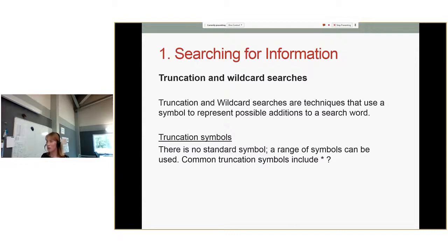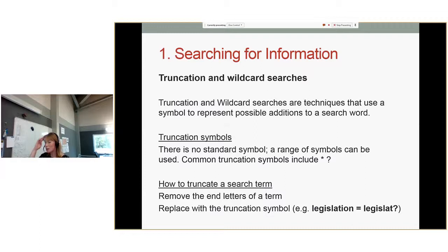Sometimes when you go to a library search engine, it'll have some explanation underneath saying you can use these symbols, but common truncation symbols are an asterisk and a question mark. So say you're looking for articles to do with legislation. Legislation is one word, but you might have articles that talk about legislators or legislature or legislating.